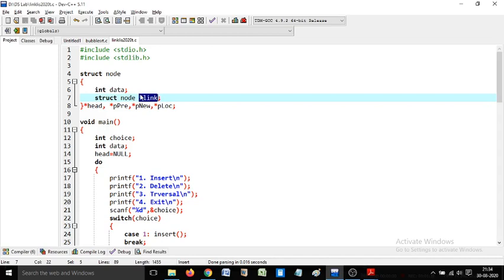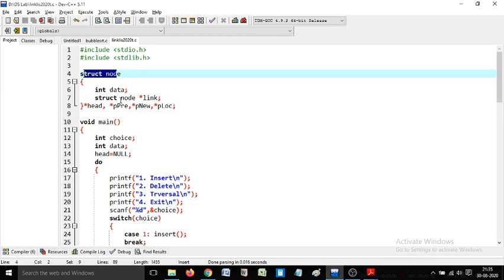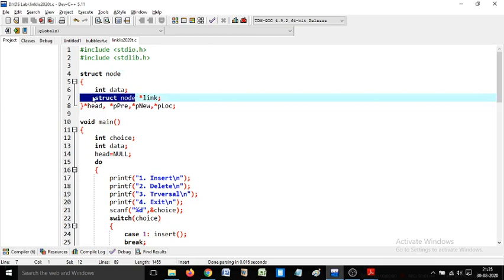I have used the same name that we have seen in the algorithm. The link pointer is actually the primary way by which we maintain the linked list. Each link pointer will be assigned the address of the next node. The data type of this particular pointer is the same structure itself, because it is going to be pointing to an address of itself. The data type is also the same.